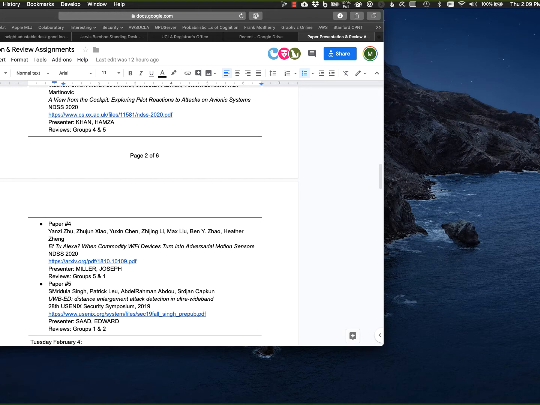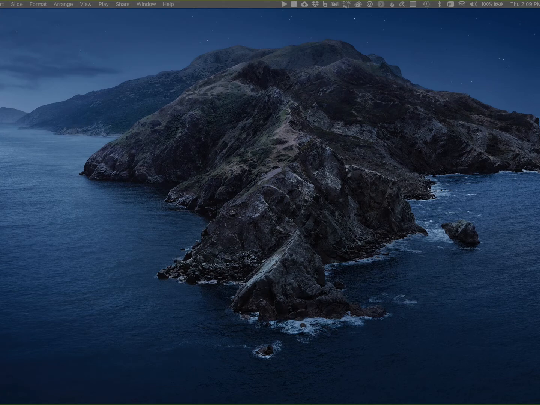Okay, so that takes care of presentation. The other thing, be on the watch out, I'm going to send out a little form asking for your team names and the URL to your GitHub repo, which should also have the GitHub pages in it. So that's the other thing.